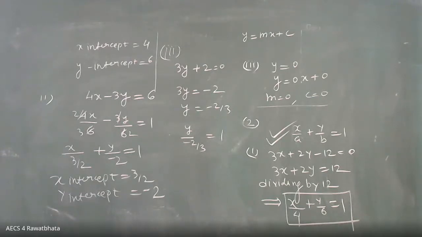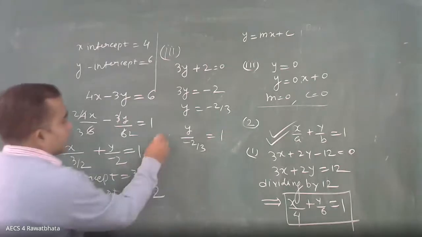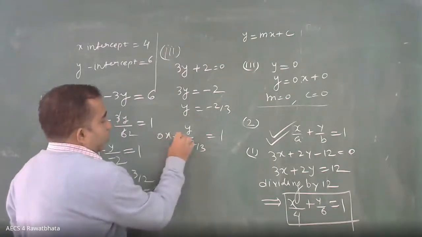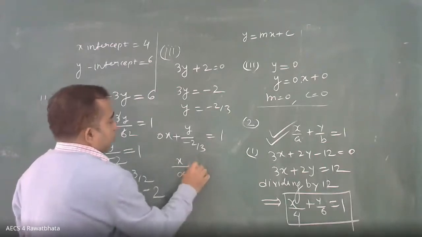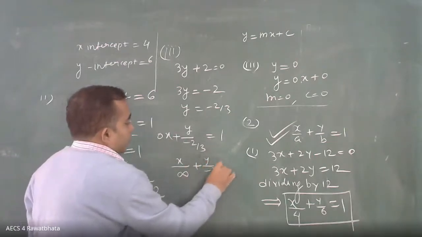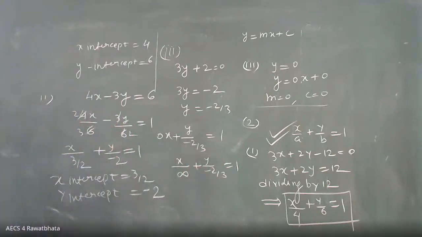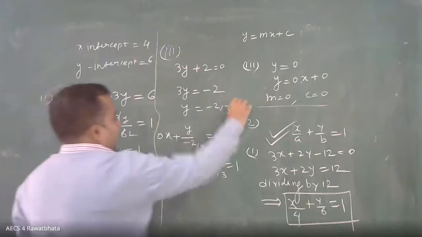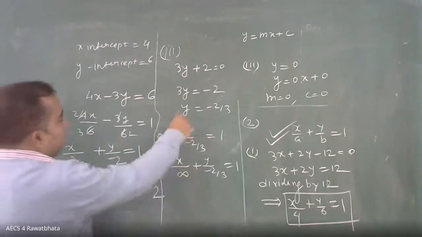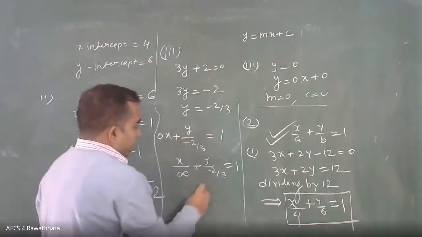1 upon infinity is 0. You can write it like this, you can write 0x. 0x if you want can be written as x upon infinity plus y upon minus 2 by 3. Actually writing in terms of infinity is right. This cannot be converted in intercept form. So this can be the answer. In fact, its graph, if you see y equal to minus 2 by 3, its graph will be